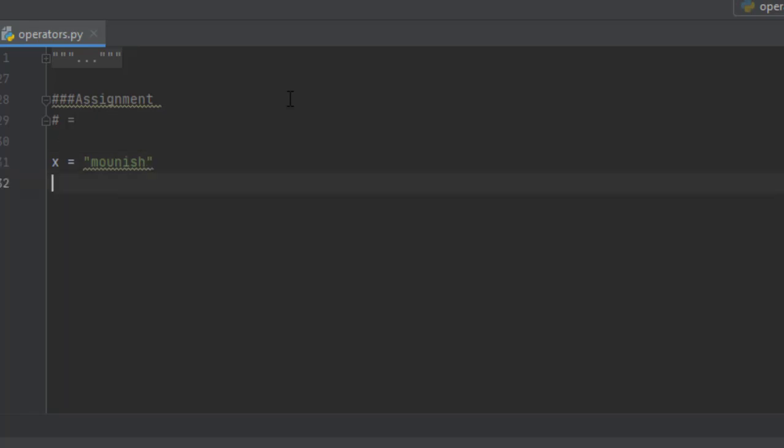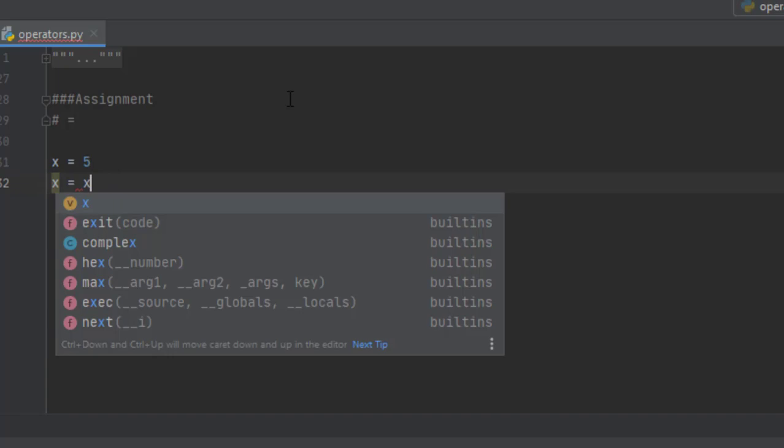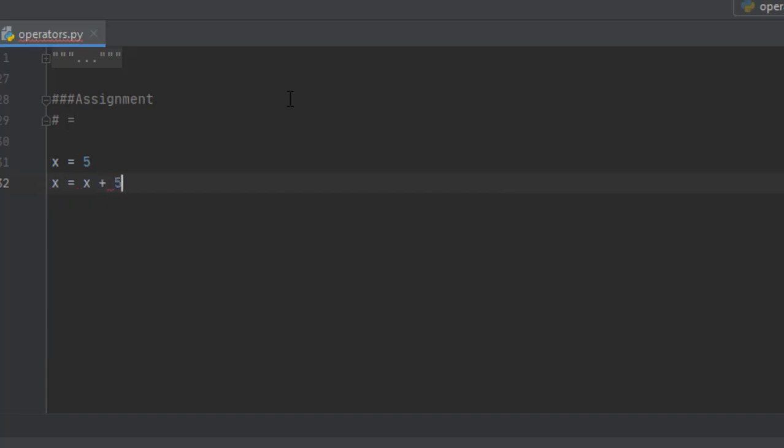Suppose we add an addition with an assignment. I'll take a variable 5 and I'm giving x is equal to x plus 5. So what is happening over here? Or I'll make it 3 for understanding sake.